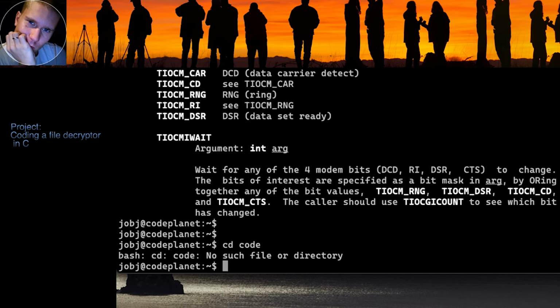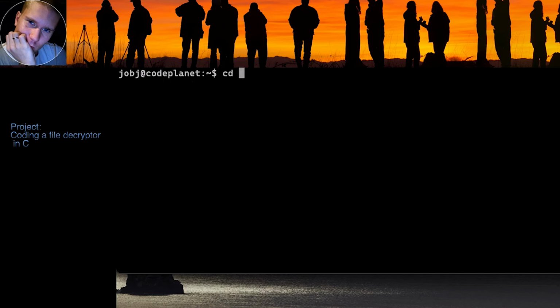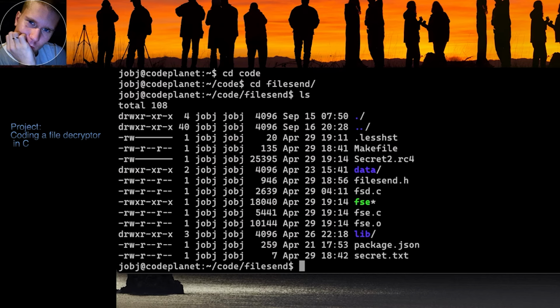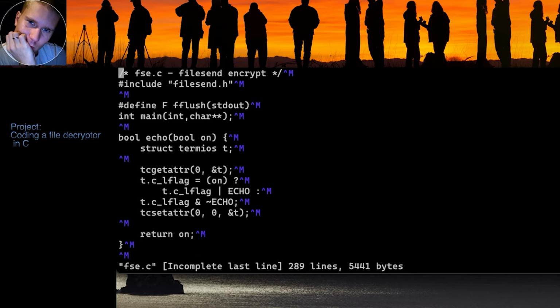So let's create a new window and go to code and file send, and let's go to the encryptor. There's all of these different carriage returns. If you don't know what this is, it's basically the Windows version of a new line. That's what this editor that I'm using, VS Code, always appends, but they are quite annoying when dealing